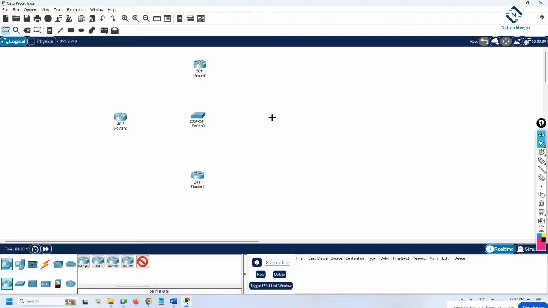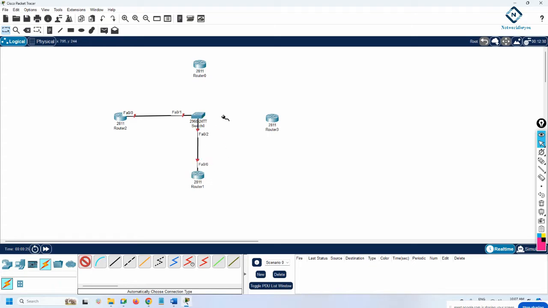Taking it as a small scenario. You can do this lab with only 2 routers also, but I am using 4 here, because we have already done a lot of labs with 2 routers. So now we can take more routers, and here I can give whatever IP scheme we want. As we have been using 192.168, we will use the same thing, 192.168